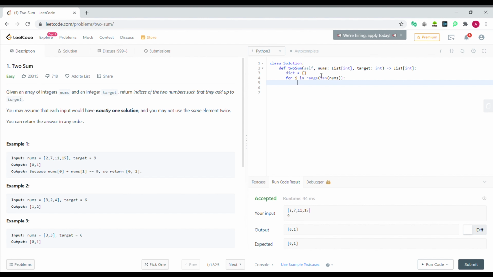So if the target minus the nums[i] value is in the dictionary or not. If it's not in the dictionary, I'll add it to the dictionary as follows: nums[i] is equal to i, and if it's already in the dictionary, then we return